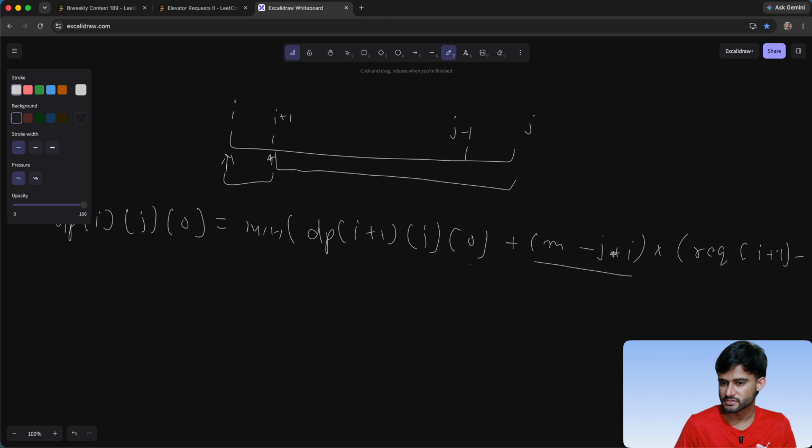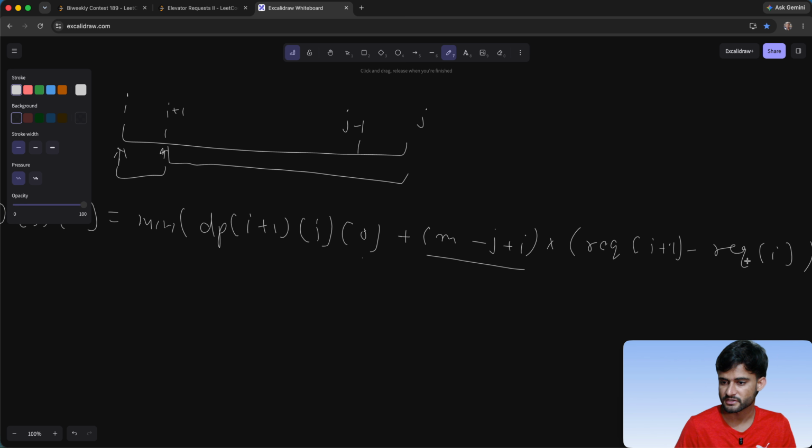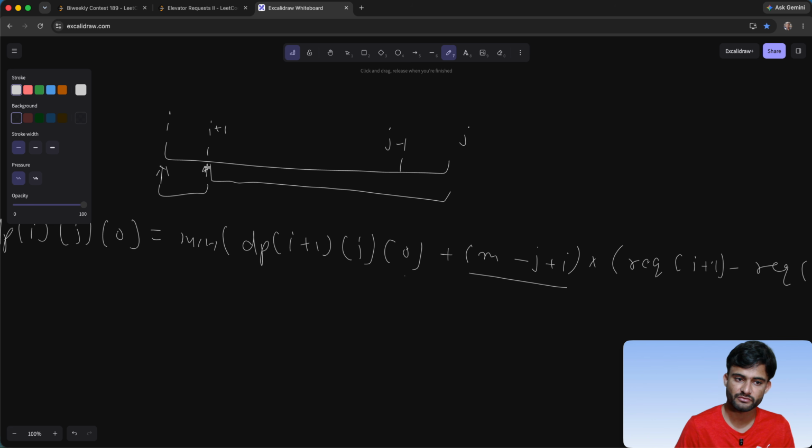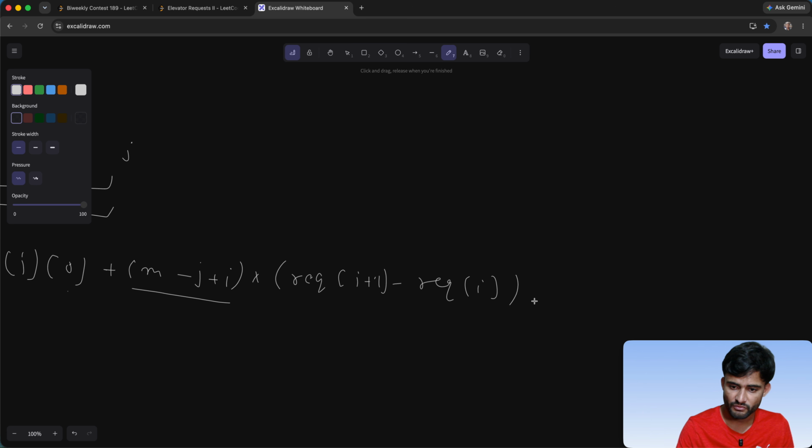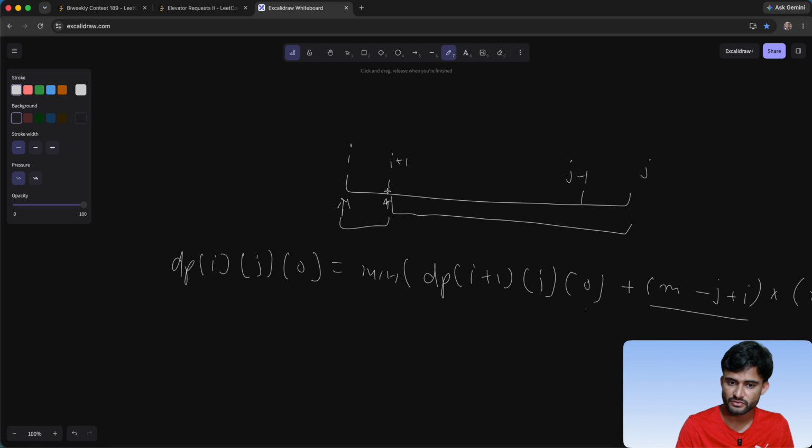M minus j plus 1, that is the total number of remaining elements, into request of j plus 1 minus request of I, that is the time taken to reach I from I plus 1. So this is the time which will act as a penalty for all of the remaining elements. So this is one of the cases when you were at I plus 1 and you have covered I plus 1 to j. Another possible case is you were at j and you had covered I plus 1 to j,